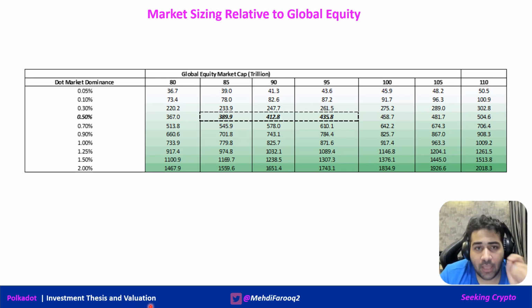Now, if you look at the market sizing of Polkadot relative to global equity, at the moment, the global equity is around 90 trillion. And let's say the range, if there is a correction by next year, remains constant between 85 to 95 trillion, and Polkadot in 1 year's time is able to capture 0.5%, which is slightly bullish, but let's say 0.5% within the next couple of years, then you have a Polkadot price of $390